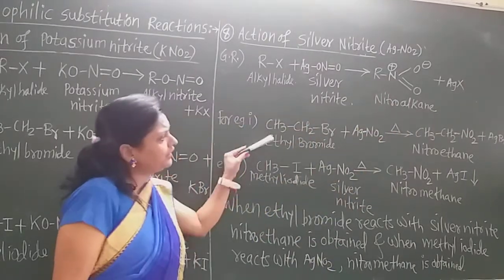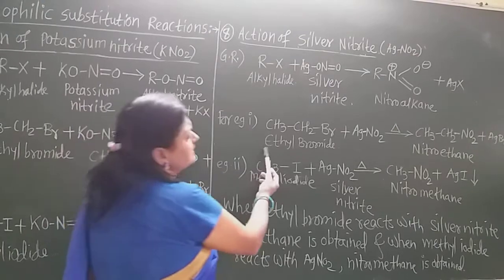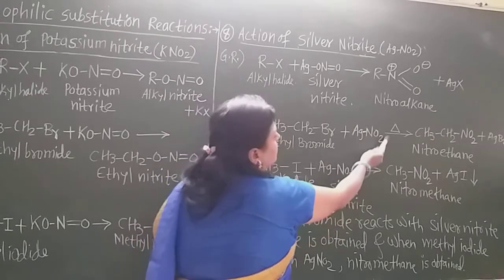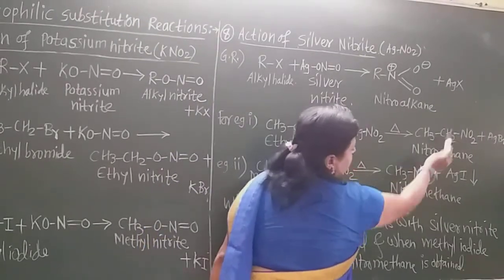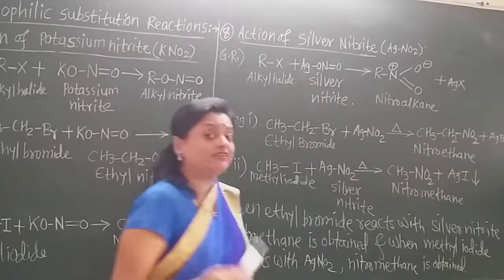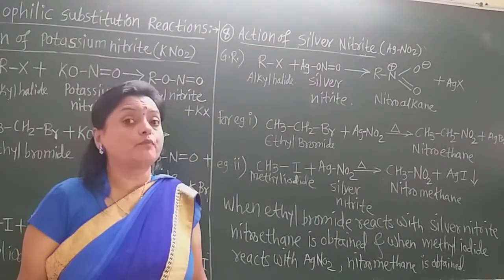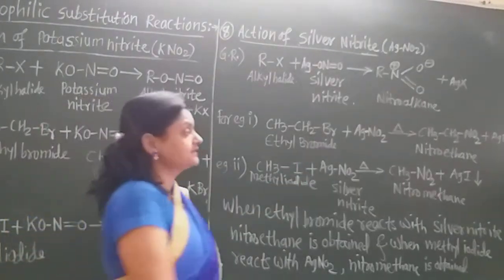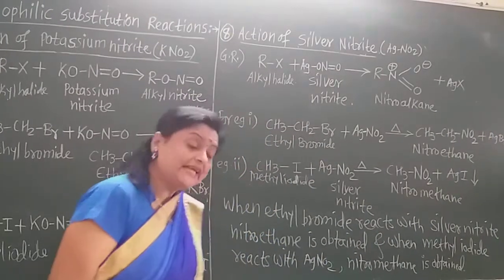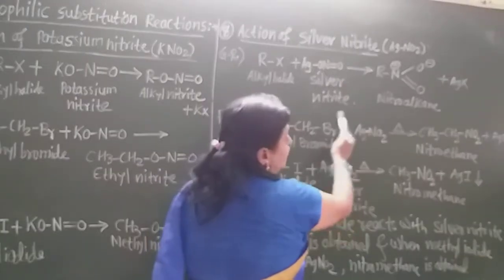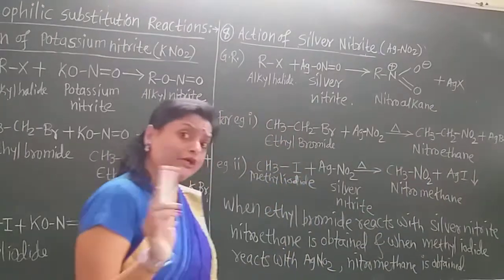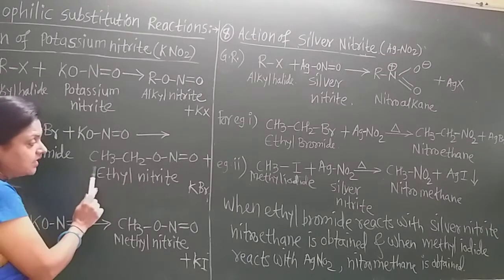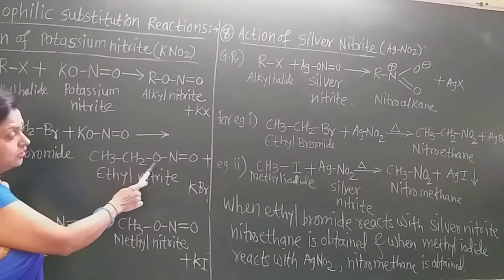Now while writing the particular reaction, you simply write in this way. This ethyl bromide, when it reacts with silver nitrite, there is formation of CH3CH2NO2 because N gets attached here. So this is nitroethane. In 11th standard, in the classification of organic compounds by functional group, we give that name as nitroethane. If there is the CH3 group, it is nitromethane, and here AgBr is the byproduct. Directly attach this NO2 group here, but during the reaction with potassium nitrite, always attach the alkyl group to the oxygen. Now that is the difference.